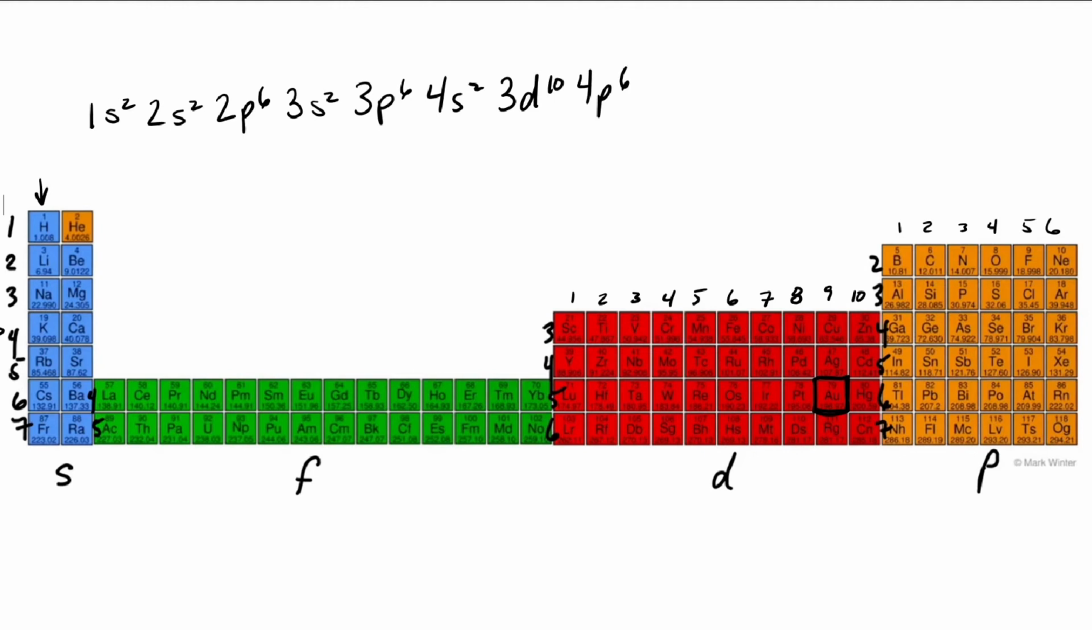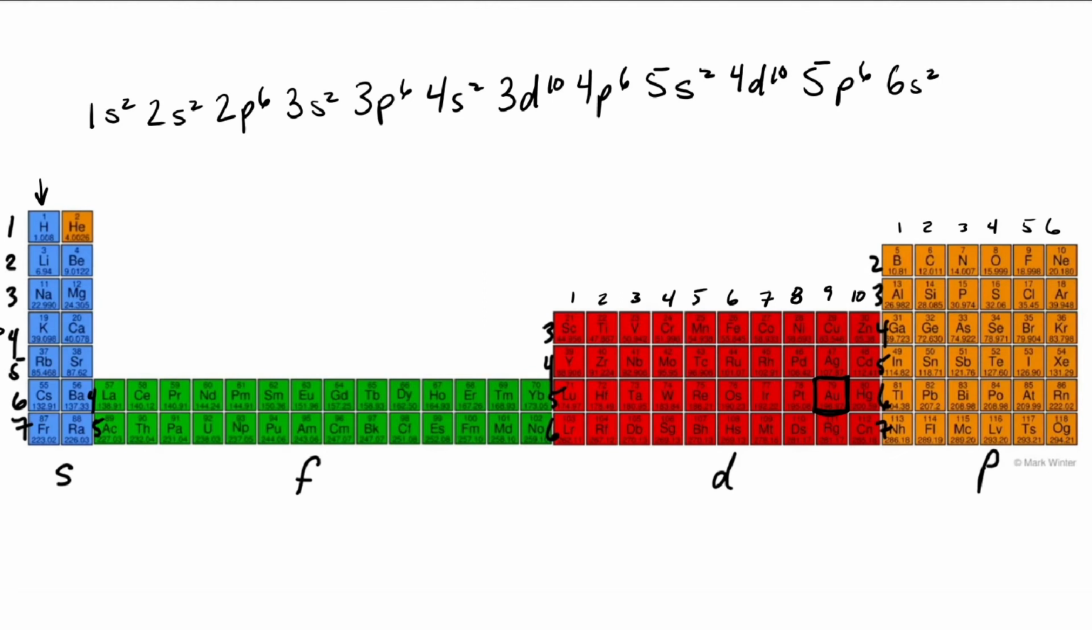Next we'll move on to 5s2 and 4d10 and 5p6. Okay, and here we enter the 6th row, which is where we're going to find gold. And there's a couple of choices here as well, maybe less obvious though. So the first thing that we could do is just run it naively as we have been. So we start at cesium and we say